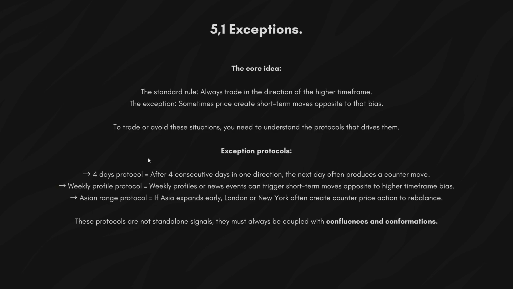An example of this would be that if the Asian session forms an expansion in the direction of the higher time frame drawn liquidity early during the day, then during London Open, London basically forms a retracement profile and retraces, and then during New York, after we've formed the OTE, New York then expands higher in the direction of the higher time frame drawn liquidity. So in this exception protocol, in this sort of scenario, you would have avoided the London session because,